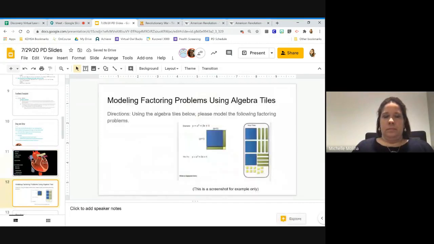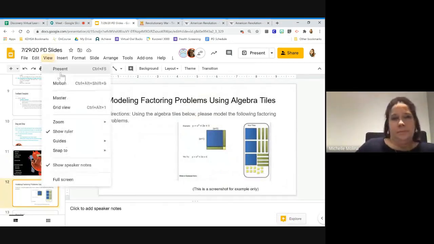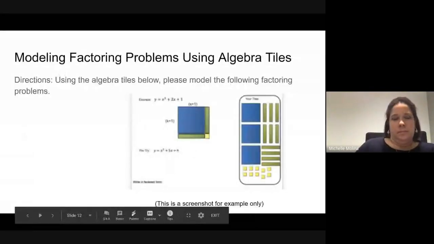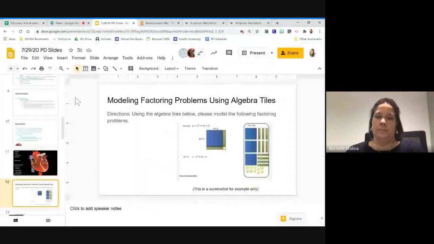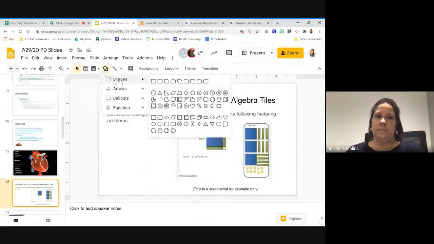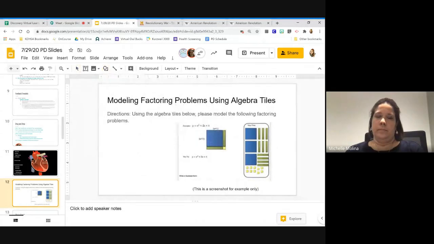This is another math one, and it's a screenshot, so I apologize, it's a little blurry. But this is modeling using algebra, the tiles, Common Core way of doing math. But you have an algebraic expression, they need to solve it. And basically on the right side where it says your turn, you have everything available. And these are just images, just shapes. So you would create a box, you would create a rectangle. And just like we showed you, you insert the shape, and you click and drag it as big as you want it. So you have the hundreds tiles, the tens tiles, the ones tiles, and they have to drag that